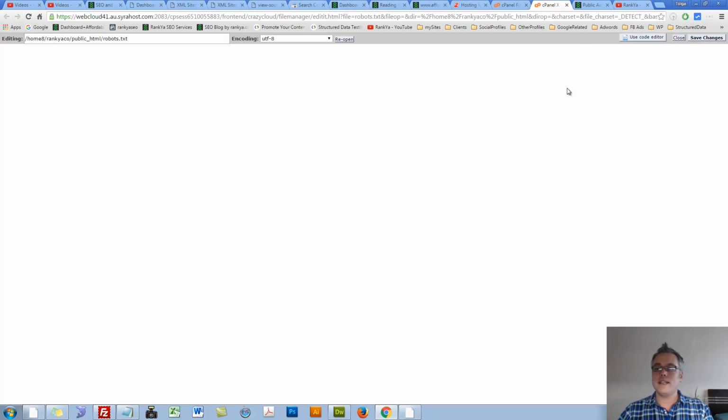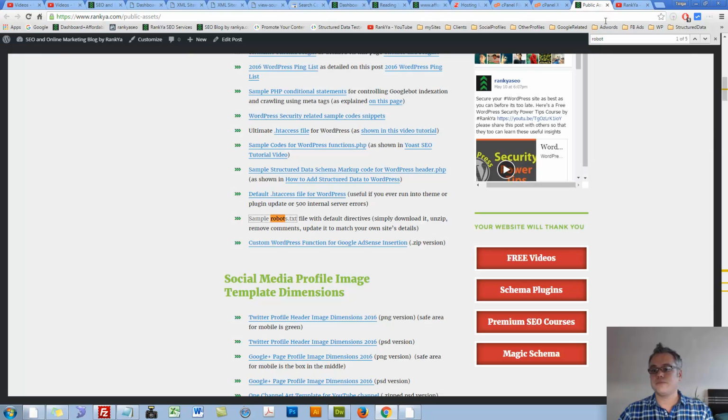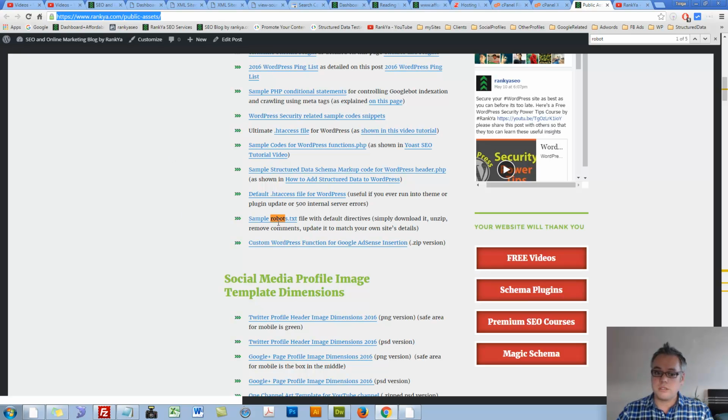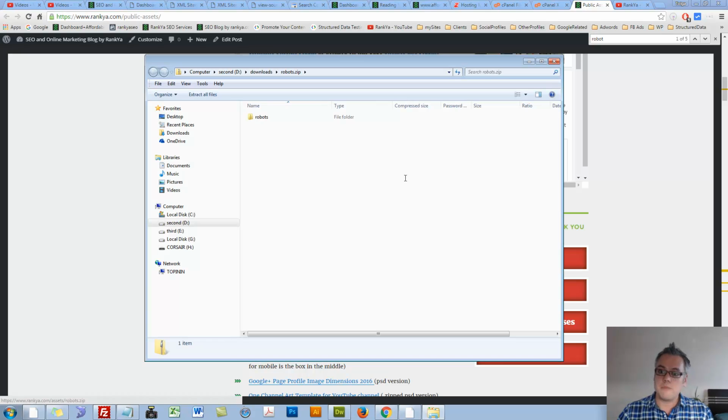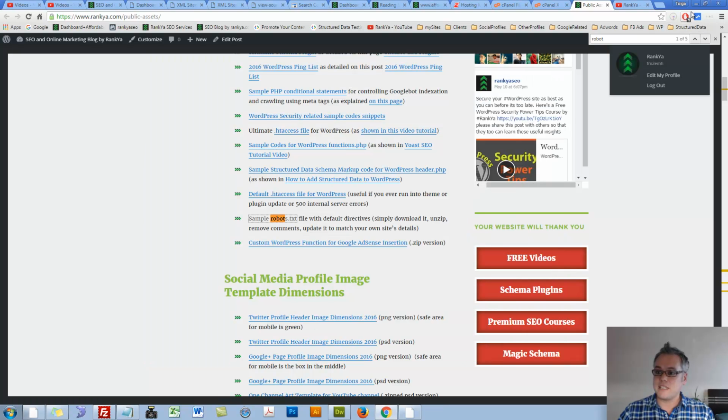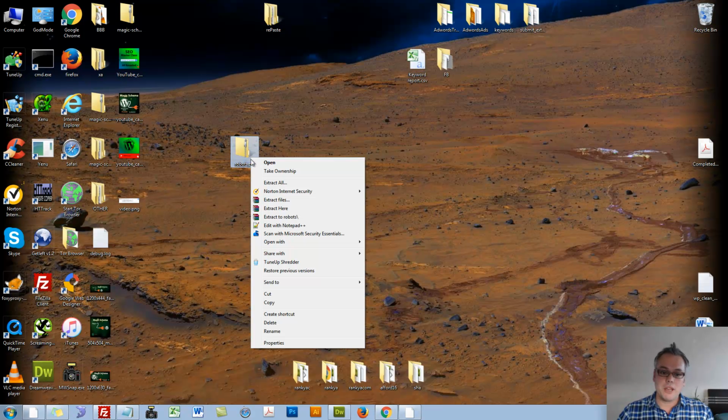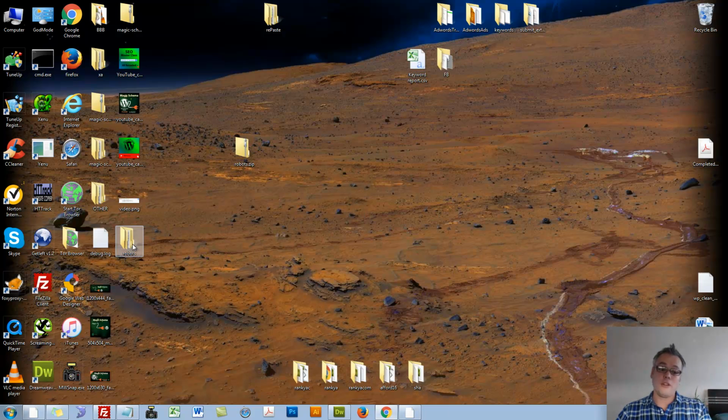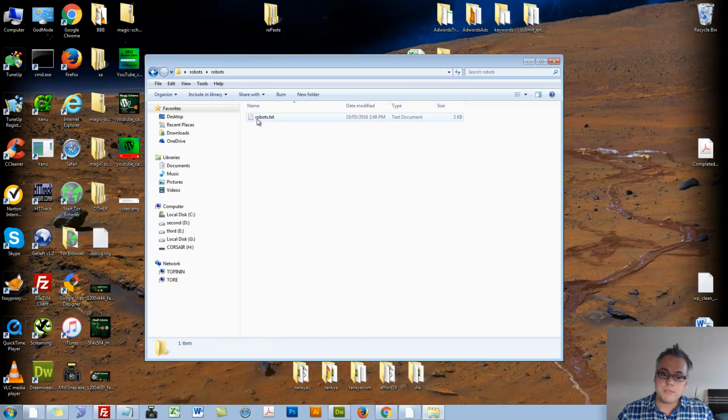Now what goes in here? What can you place in here? You can visit my blog, public assets section, and find sample robots.txt for WordPress. Press on that folder and download it. It's a zip folder whereby I've actually created sample directives for most typical WordPress sites. So if I was to extract the contents of that zip folder and look within it, there is a file